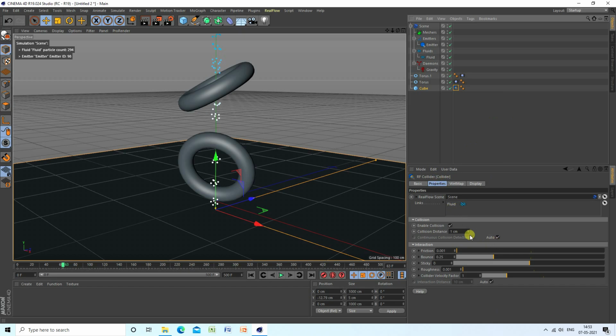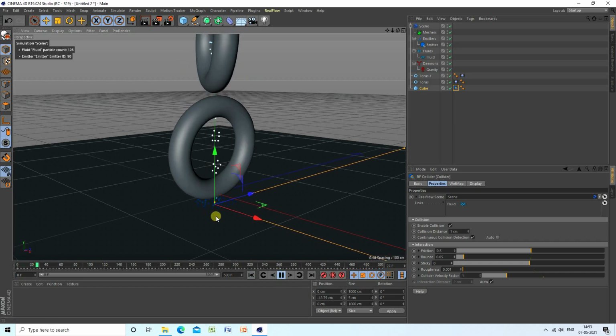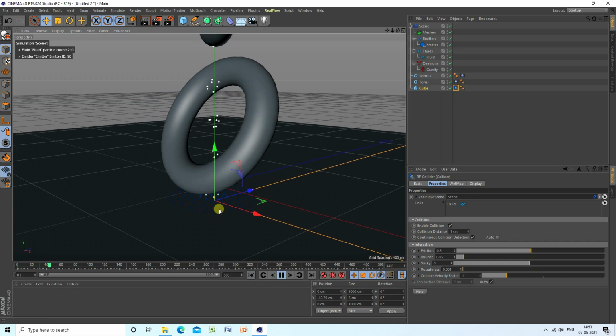Change some settings here, auto uncheck. Friction I take 0.5, and bounce I like 0.05. Go back and play. See guys, that's my effect.